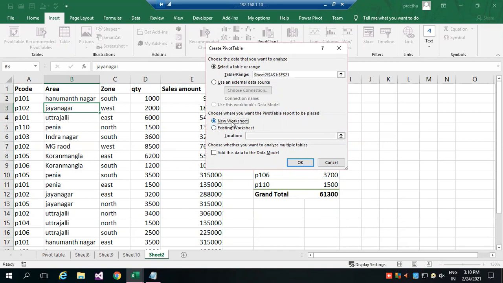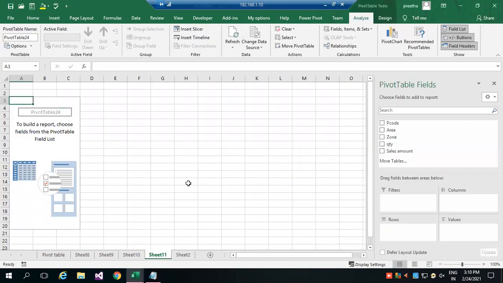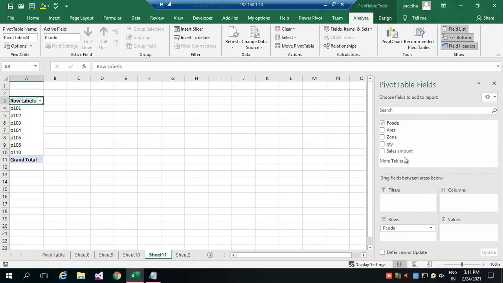Let us create a new sheet. Say okay. It prepares one empty sheet with the pivot layout. You can see the pivot table here, and suppose I want the sales of each product under different areas. So product code, I'll put it in rows.